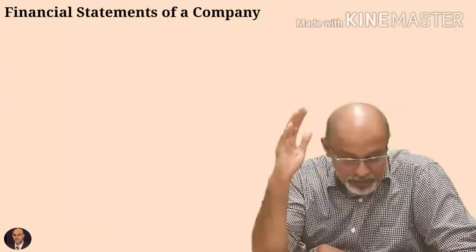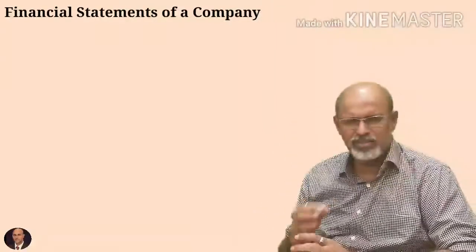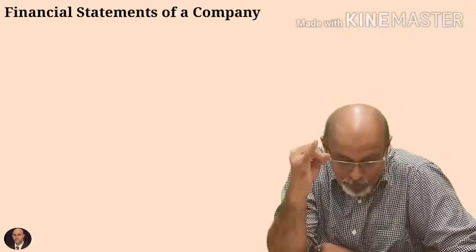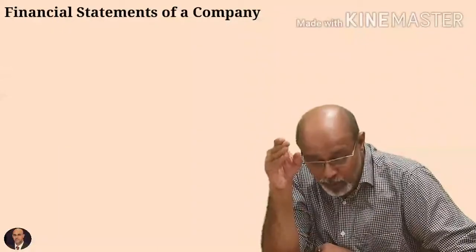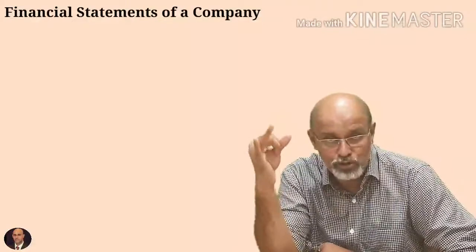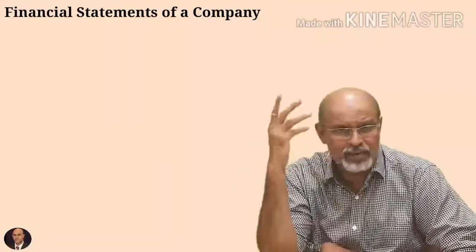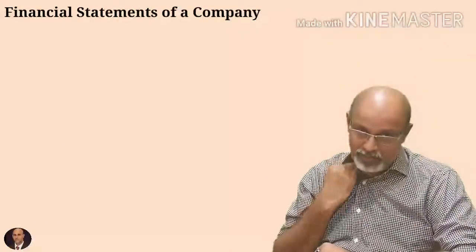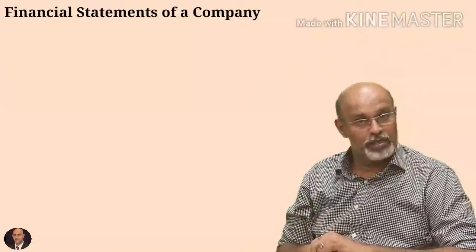Next is list 5 items under the head non-current investments. Okay, so this is a very minor thing, doesn't come often, but let's just discuss. So it could be investment in property, investment in preference shares, investment in mutual funds, investment in equity shares and investment in debentures or bonds. Okay, so this comes under non-current investment. It's done with the intention that it will stay for a long period of time.